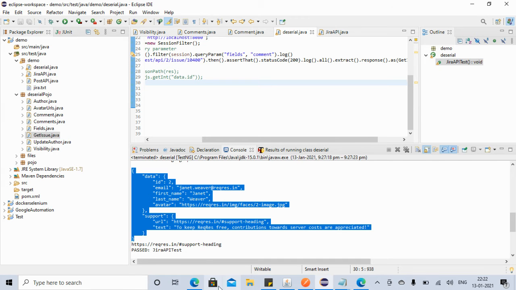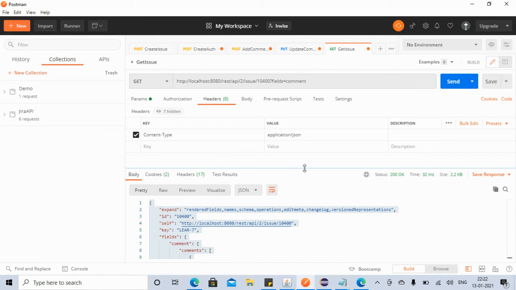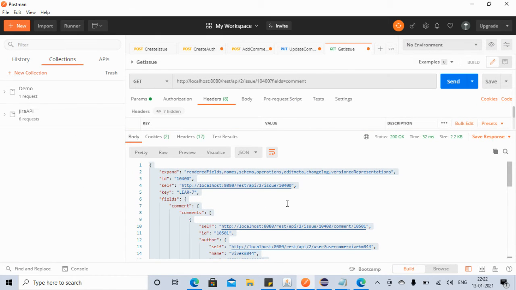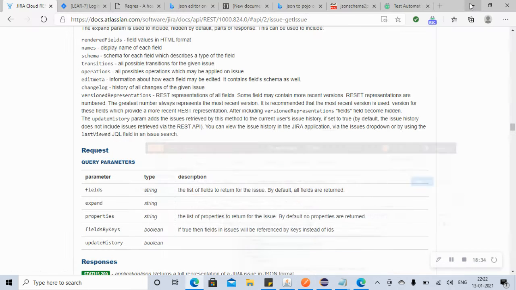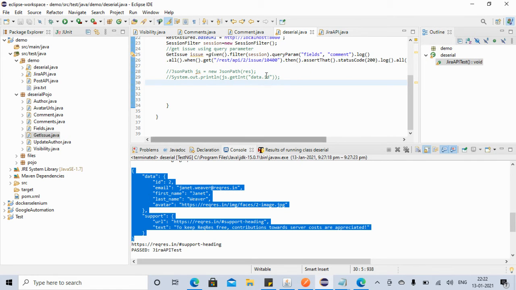What is the response here? See, this is the response, a complex response that we are getting. It will convert it into the POJO classes that we have just created here. We have created all these: get issue, fields, comments, comment. From top to bottom, it will flow the data and assign it to all the variables.